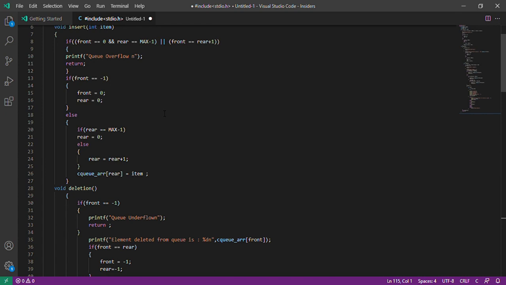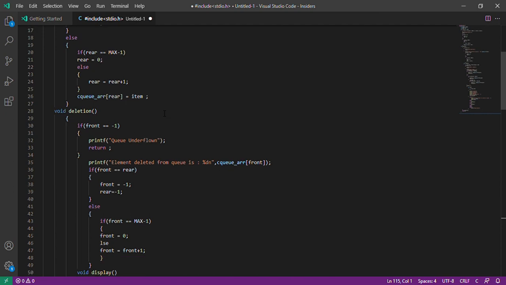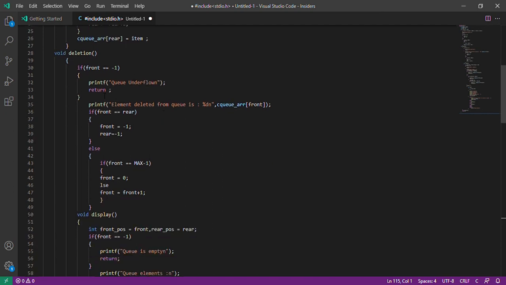Okay, moving on with this session, circular queue in C deletion function. The delete part: first check if the circular queue is empty. If so, print the underflow error, that is, the queue is empty. Otherwise, print the first element, that is the element that will be deleted, and increment front. This is how deletion takes place.